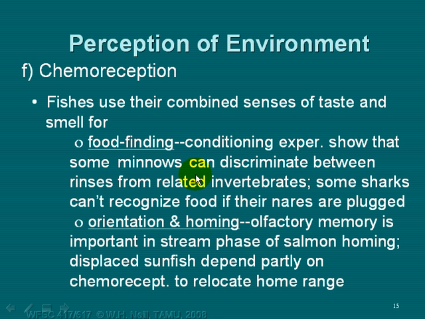What do fish use their chemoreceptors for? Well, just about everything you can think of. The logical first guess is food finding. It's well known through conditioning experiments that fish can detect and resolve the distinctions between different kinds of potential food,